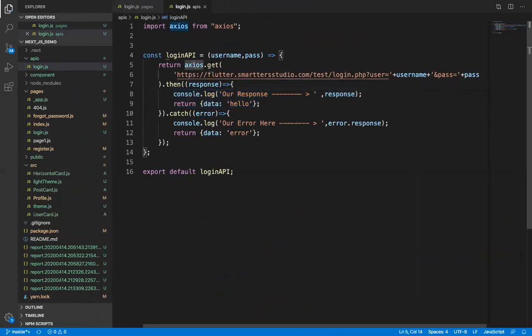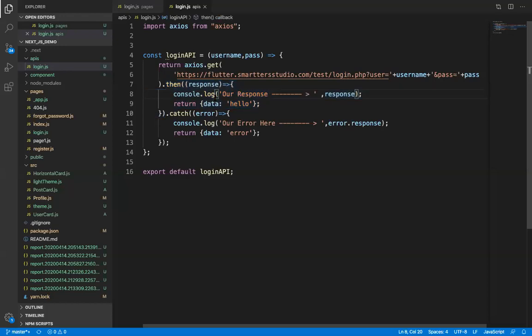Inside the access gate, we have written a then part and a catch part. If the API call executes properly and we get our data, with the response equal to true and the ID equal to something, then it will go to the then.